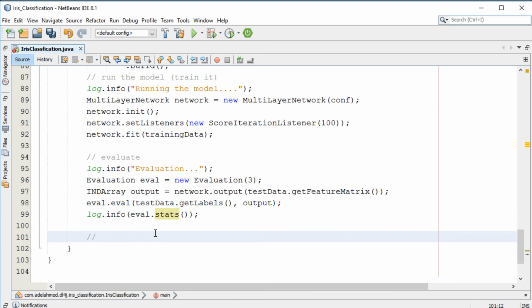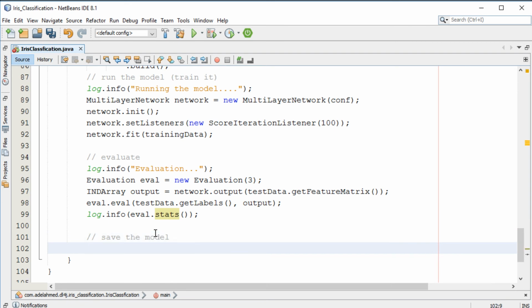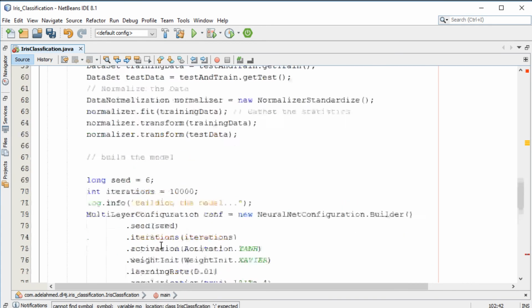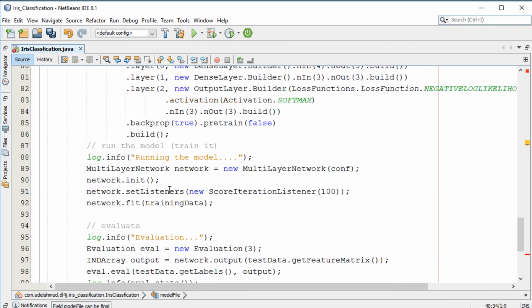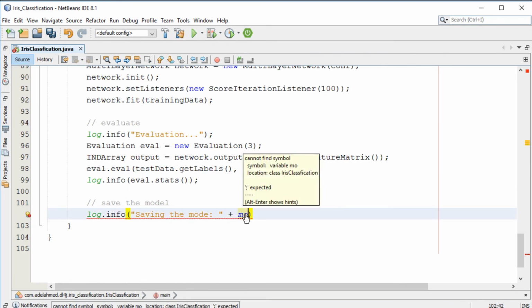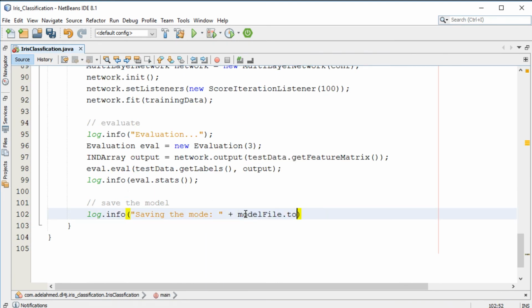All right, for saving the model, let me log info, and I'll specify. Remember, in the beginning of the code, we specified the model file object. So we'll just print in the log file model file to string,